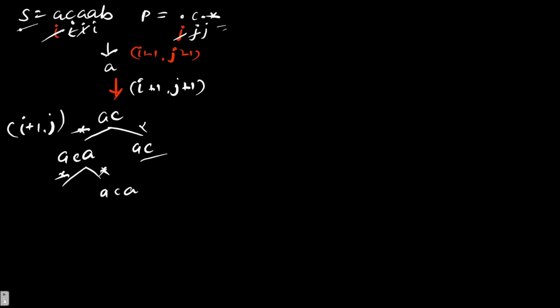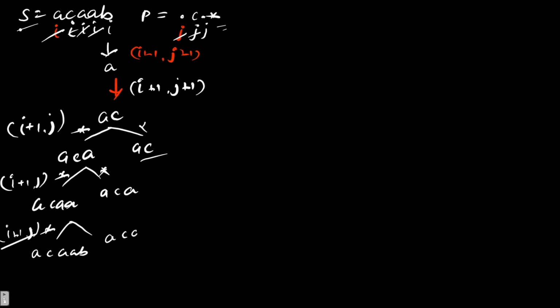If you are keeping it, it will be able to match the next character A, and we can move our I to next, and then it will be going to ACAA, and in this case you can see that we are moving I plus 1 and J as it is. So again we have two options: either we can use a star or not. In this case, if you are using a star, it will be ACAB, and we are moving I by 1 and J with 0, and if you are not using it, it will be ACA,